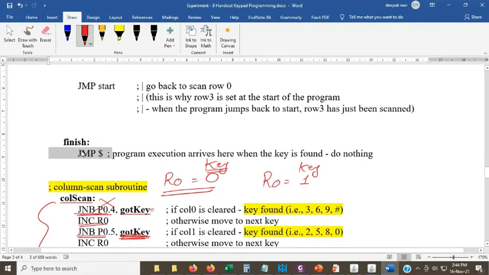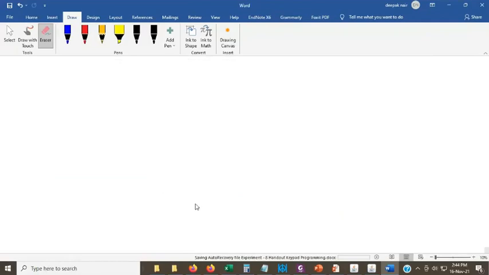Okay, so what we can do is just check the same sequence one by one and check which key is getting pressed. We will repeat the program once or twice to understand how this particular program is running. Okay, I will not save this program.